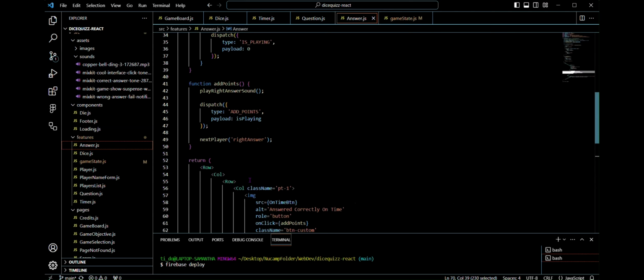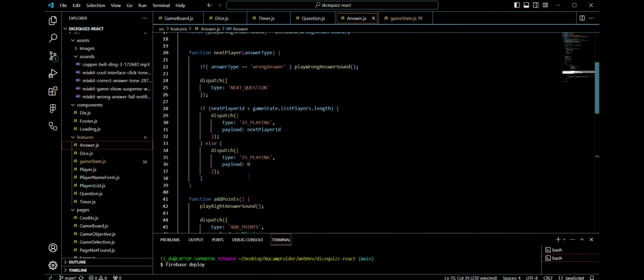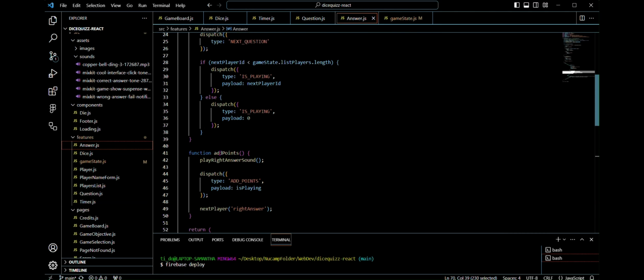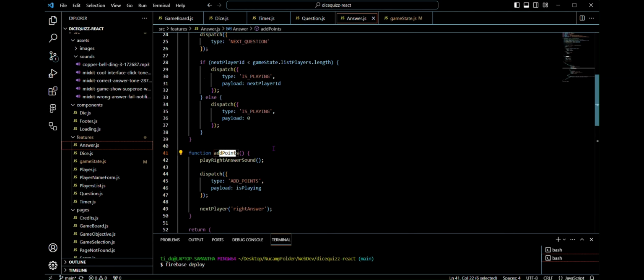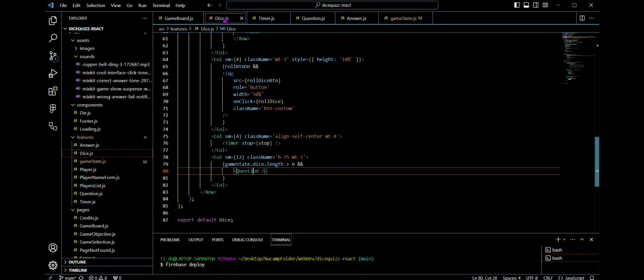In that component, I calculate the points that need to be added to the player who is playing. However, the point is based on the value of the timer, which is calculated in the parent component,